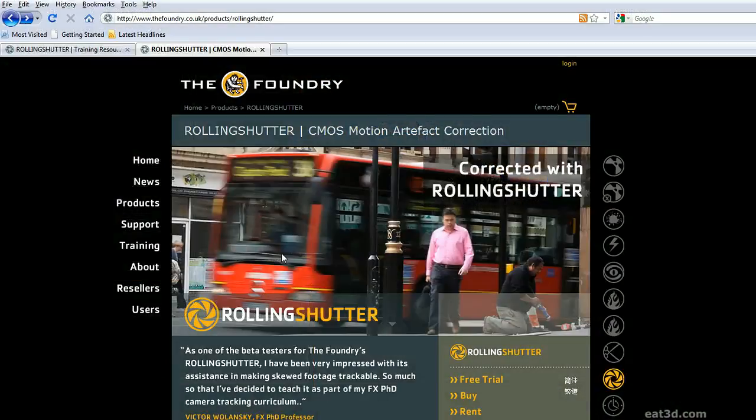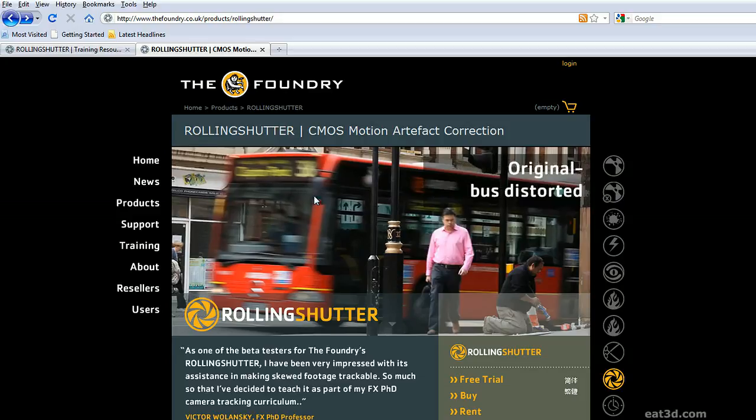One of the things we're going to have to do before we start tracking of any kind is to fix the rolling shutter jello effect that is prevalent in all CMOS cameras. This would include most Canon DSLR cameras and RED cameras. Just pull out your iPhone in photo or video mode and pan back and forth, and you'll see this effect called rolling shutter. It's sort of a top-to-bottom scan that gives us a skewed artifact and will affect our